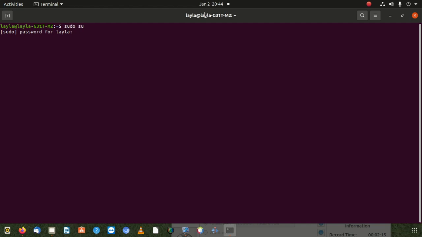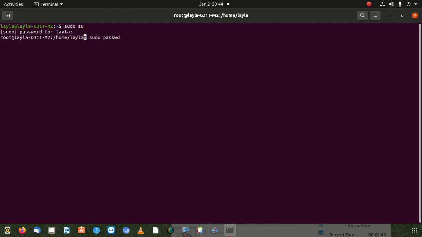You put in the password and press enter. After doing that, you are now sudo. You can see you can do everything without putting the word sudo. Another thing I want to highlight, if you see this hashtag, just know that you are sudo. You don't need to put the word sudo to do other stuff. But if you're not sudo, you have to say sudo